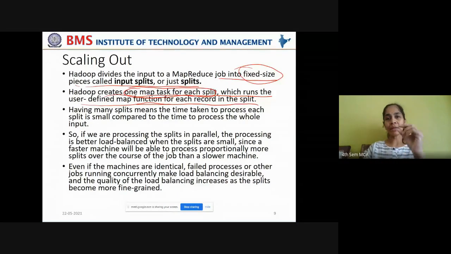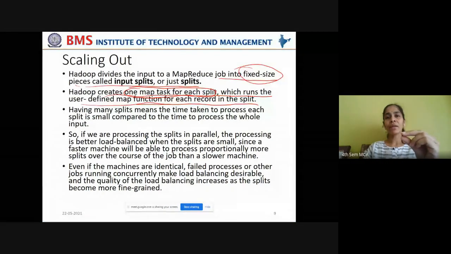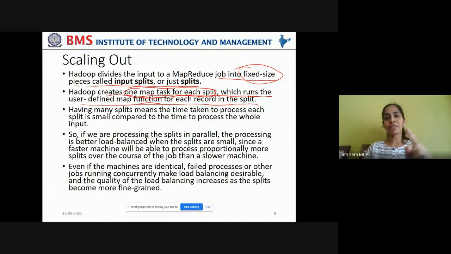Each split is processed by one map task, which runs the user-defined map function. We have written this map function, right? In MaxTemperatureMapper, we have written the map function. In MaxTemperatureReducer, we have written the reduce function. You remember? Now, this map task runs the user-defined map function for each record in the split.